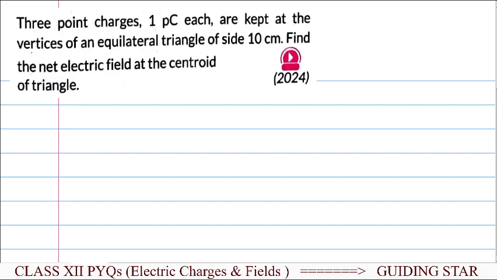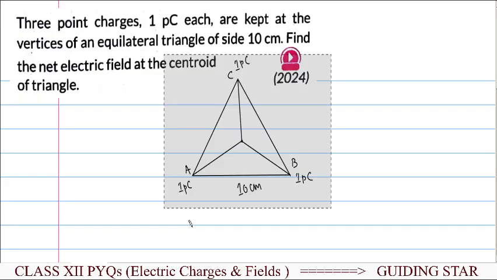Here in this particular question, 3-point charges 1 picocoulomb each are kept at the vertices of an equilateral triangle of side 10 cm. Find the net electric field at the center of the triangle. So let me fetch the figure. So this is the figure